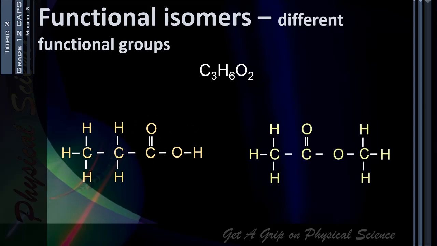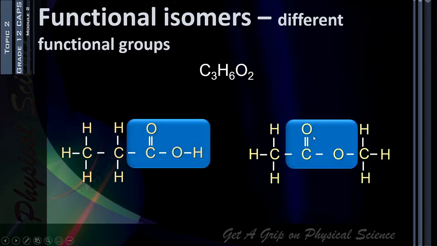But you can also draw a molecule looking like this, with 3 carbons, 2 oxygens, and 6 hydrogens. So the same molecular formula, but a different functional group, because this functional group tells us that this is an ester. So carboxylic acids and esters may have the same molecular formula but different functional groups, and therefore they are called functional isomers. A nice tip: if they ask you in a question paper to identify functional isomers, always look